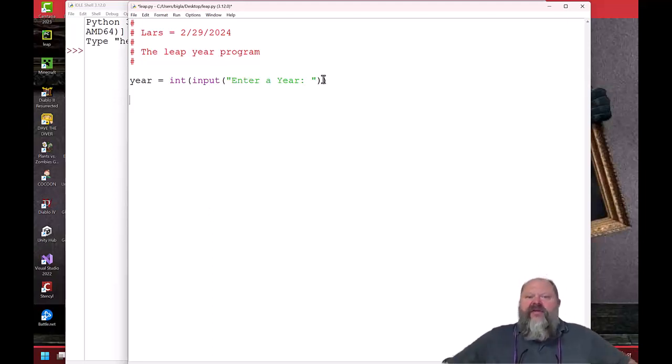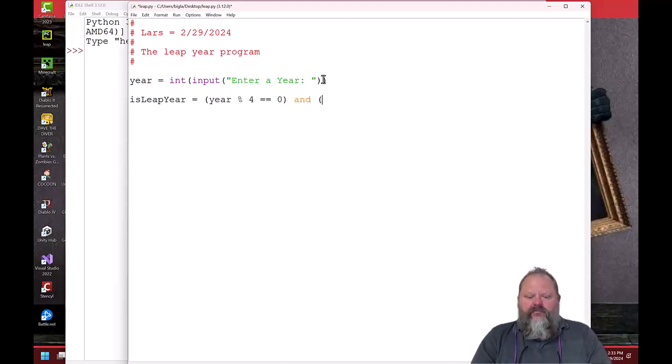Okay, so now I've entered a year, and I want to check that year to see if it's a leap year. So I'm going to set up a boolean variable called is_leap_year, and I am going to assign it a boolean expression. And I'm going to start by saying if year modulus 4 is equal to 0